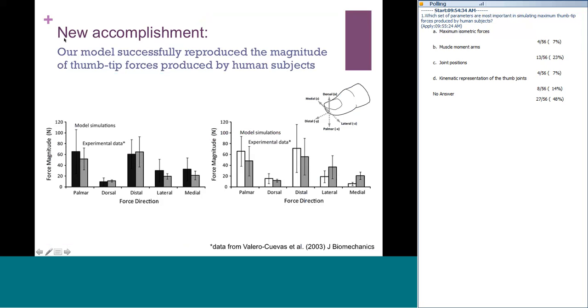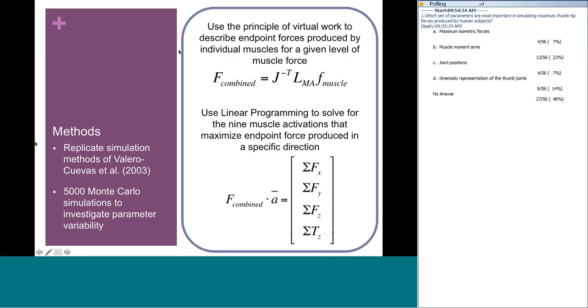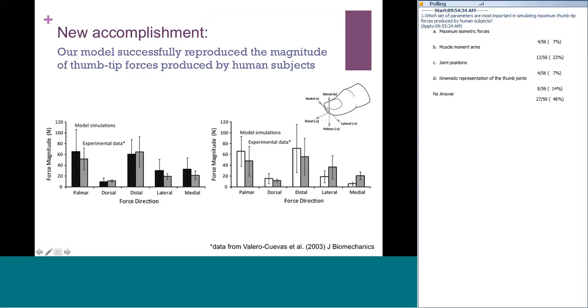So the end result of doing the 5,000 Monte Carlo simulations to see how sensitive these types of parameters are shows that we have accomplished something new. Our model successfully reproduced the magnitude of thumb tip forces produced by the human subjects in the 2003 Valero Cuevas